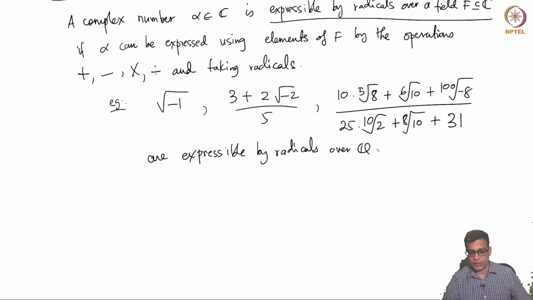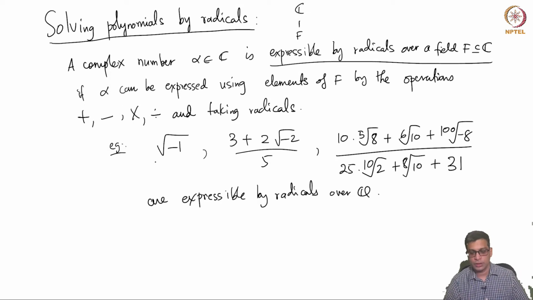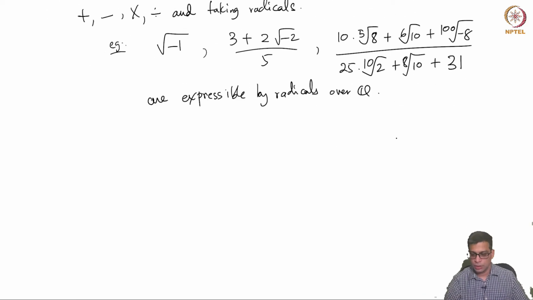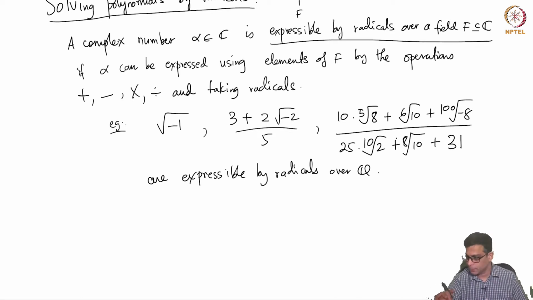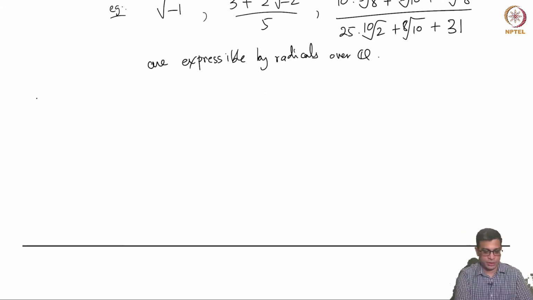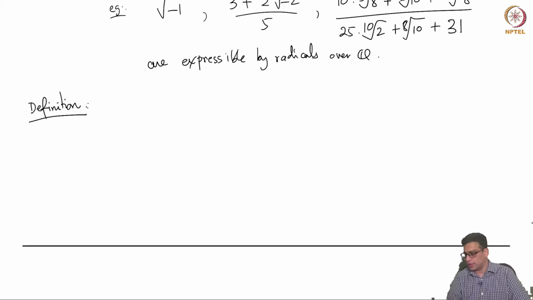Over Q, in fact, because each of these numbers is an expression involving rational numbers and the 5 operations, addition, subtraction, multiplication, division, and you are allowed to take radicals. That means taking roots of elements. So, you can take 10th root, a 5th root, and so on. So, this is roughly what it means, loosely speaking the definition of being expressible by radicals. But in order to give a formal definition, and we will use field theory for this, I am going to define a series of statements here, give you a series of definitions.